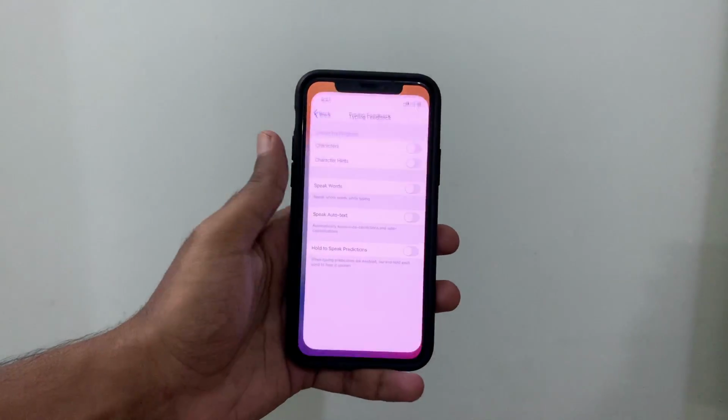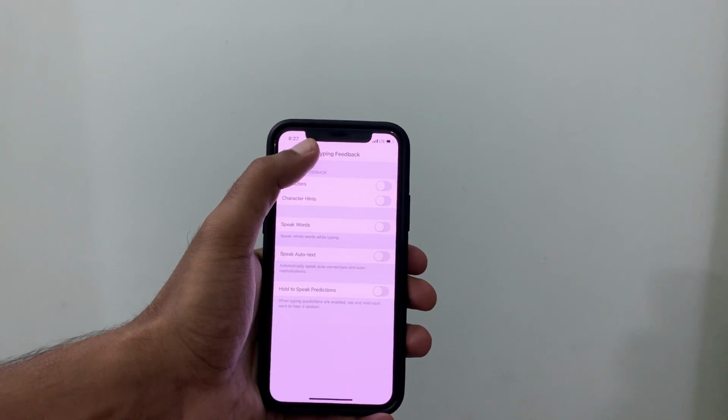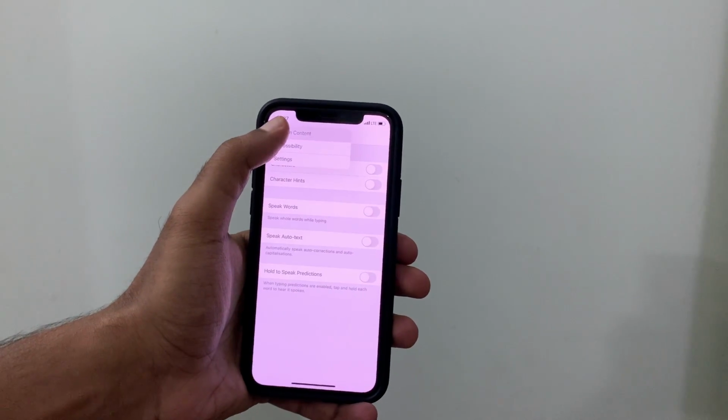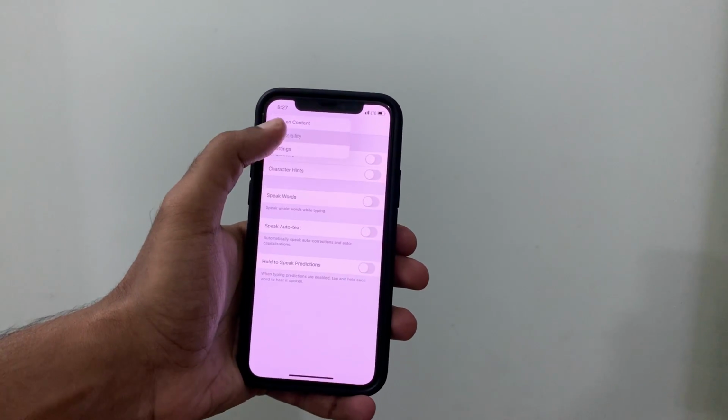When you're inside some app and you're very deep inside, you can either go back, which will take you one page back. But now there's an option to select what page you want to go back to, either the first page or a middle page. You can select that from here.